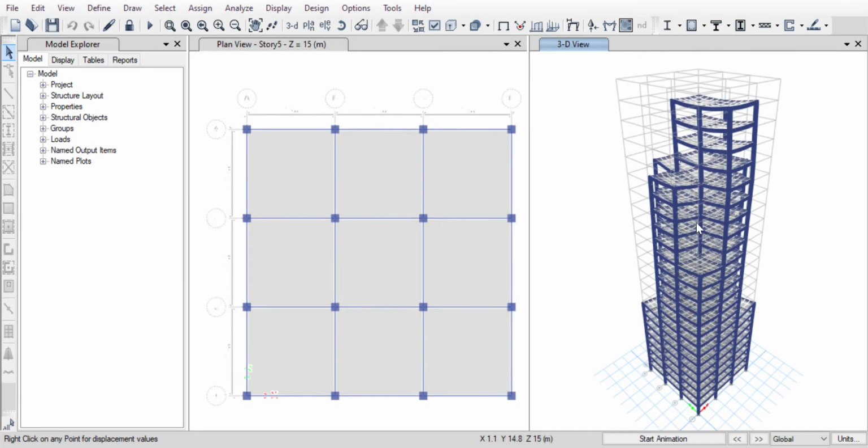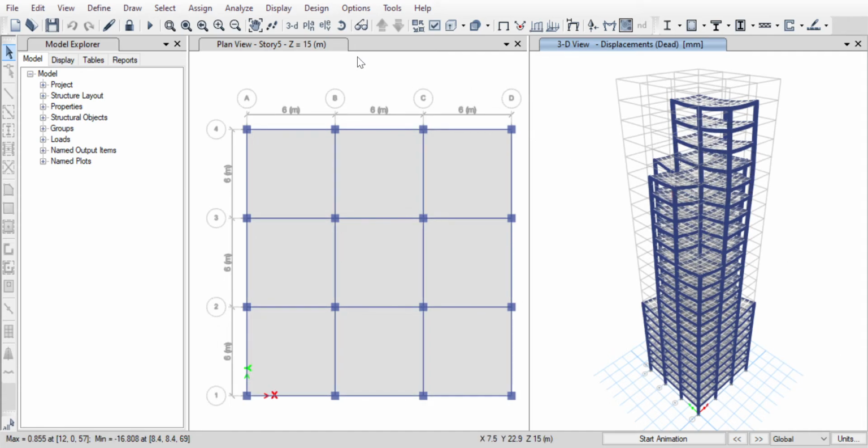So now the analysis is done, and this is the displacement or deformed shape of the building. As we put the cursor anywhere, we can see the various details of the building: its displacement in X, displacement in Y, displacement in Z direction along with rotation.